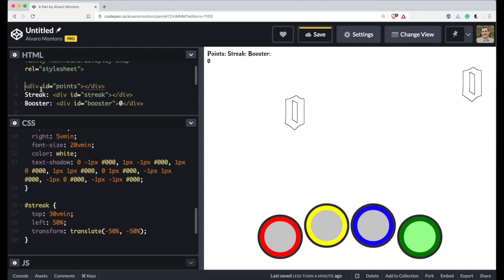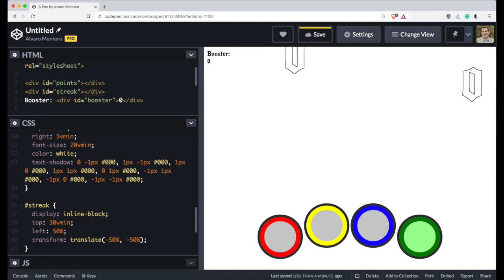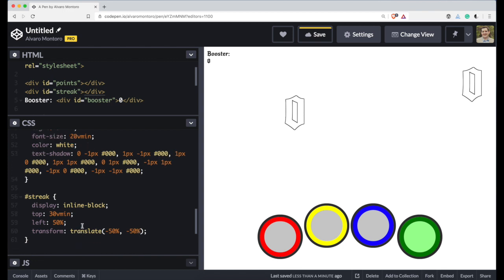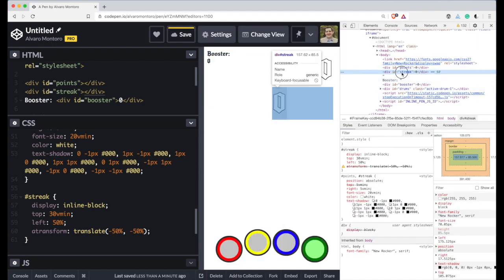So we can remove the points, we can remove the streak, and display inline block. Oh, that's interesting. I probably did something wrong here because it shouldn't be coming here, it should be staying around here. I'm surprised that it does that. So let's see, inspect this a little bit. Streak. Oh,